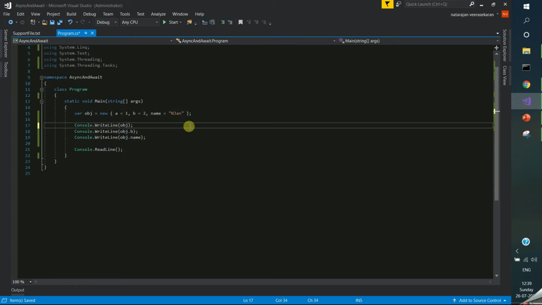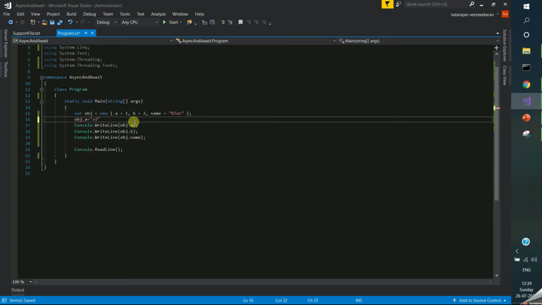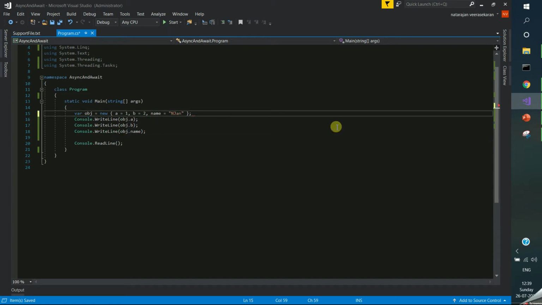There I can access using dot notation, so object dot ab, whatever I am having in the anonymous type, I can access. So the next point, you can't reassign it. For example, I am trying to assign it. You will get an error. All the anonymous type properties are read-only. Okay, are you clear?